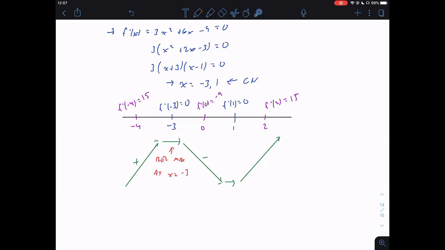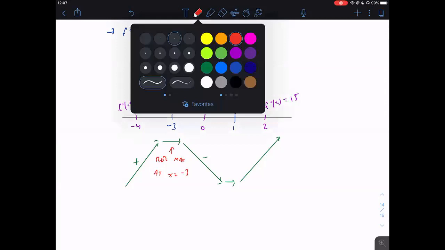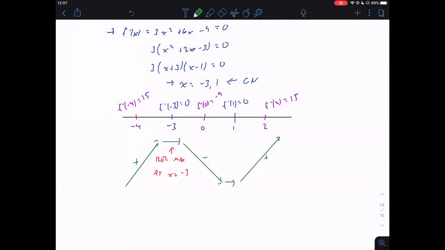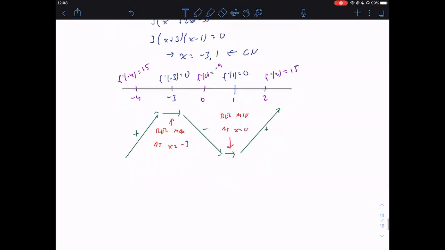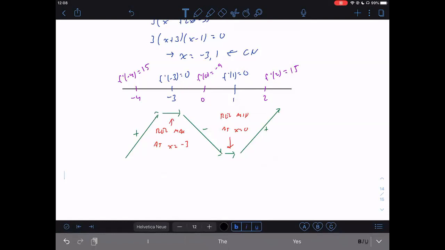But then after our function started having negative slope, when it hit that second critical point, afterwards it started to come back up. So the slope went from negative to positive, indicating that at the second critical number, we have a relative minimum at x equals 1. All right, so based on the first derivative test, it seems that we had a relative maximum